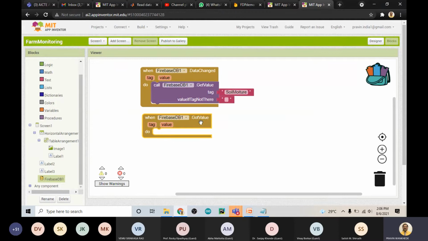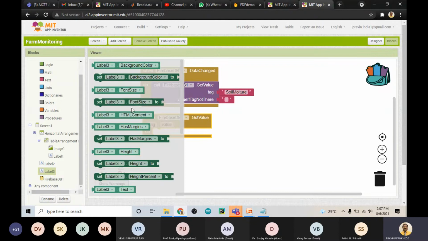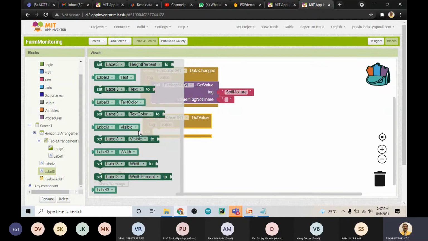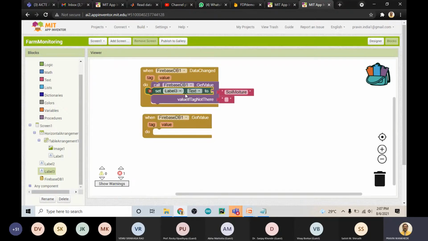What we have to do is display it on label 3. So I'll click on label 3, and I will pick up the label 3 text, this one, set label 3 text. So what should be displayed on label 3? The value of this soil moisture database.